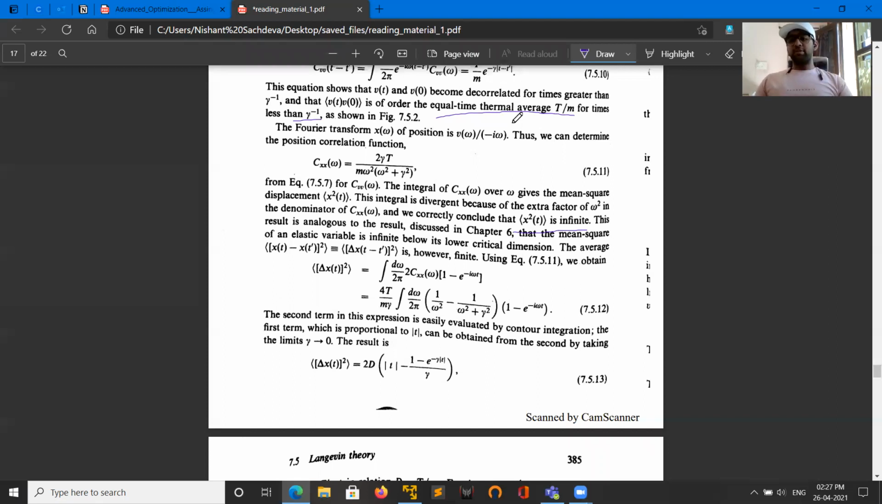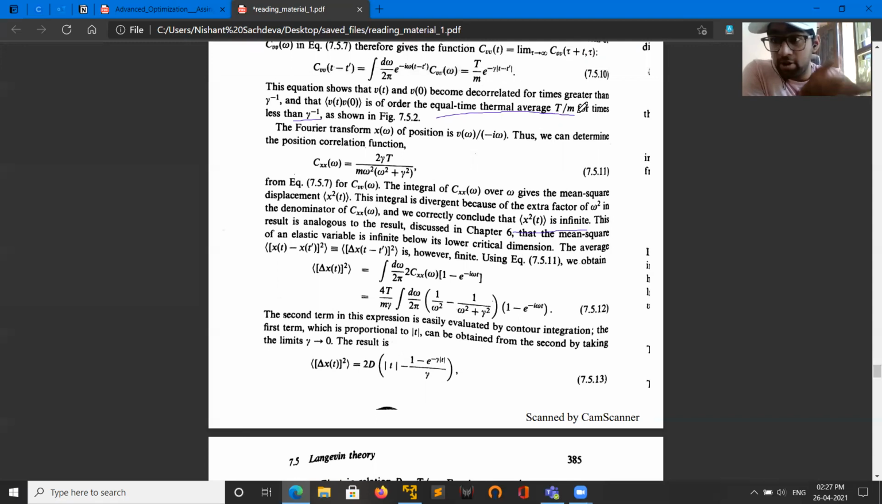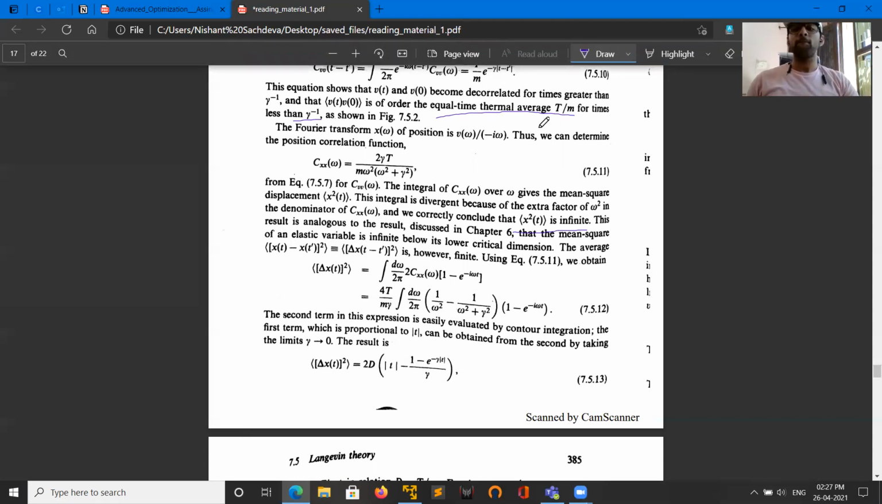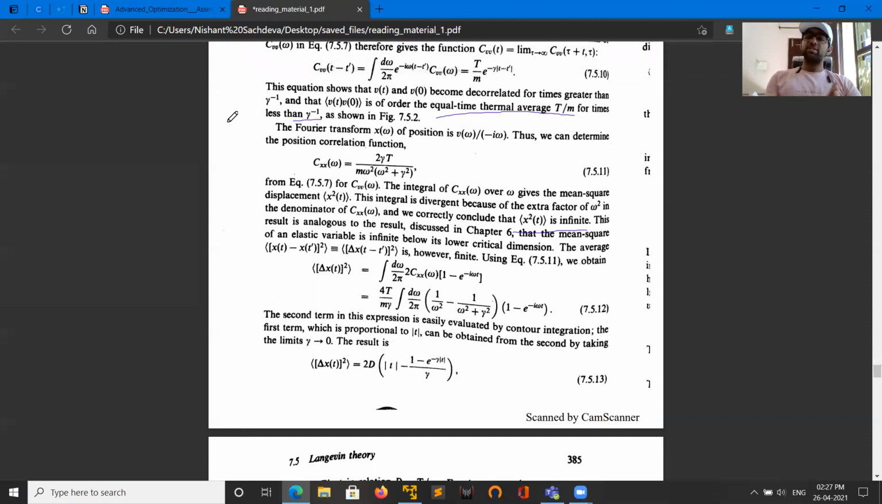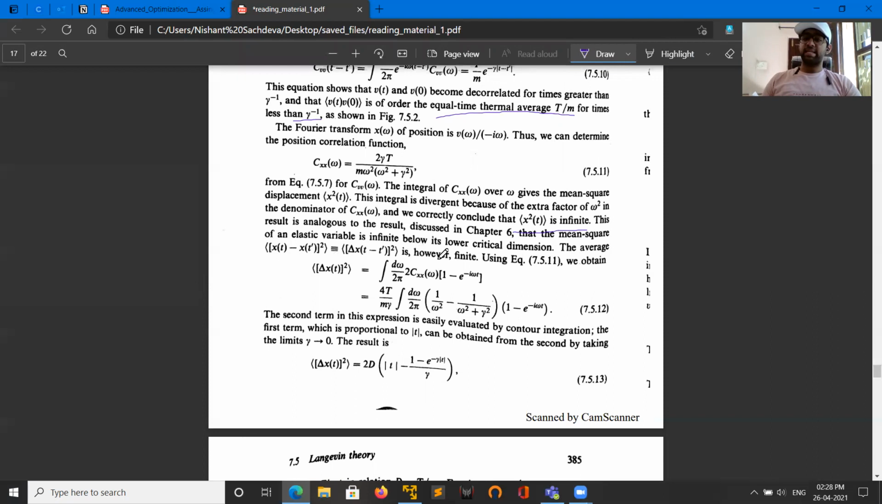This result that we just got is analogous to the result we discussed in chapter 6, that the mean square of an elastic variable is infinite below its lower critical dimension. The average of x(t) minus x(t') squared is equivalent to delta x of t minus t' squared. However, that average is finite. So now we use this equation and the fact that the average is finite, and then we obtain